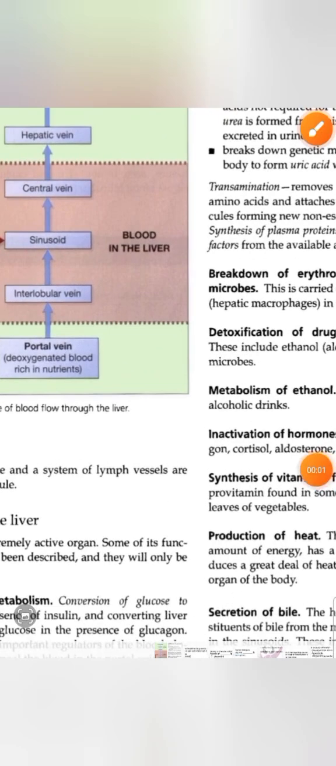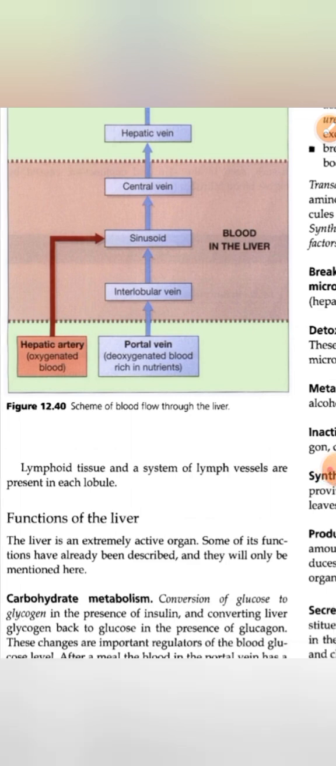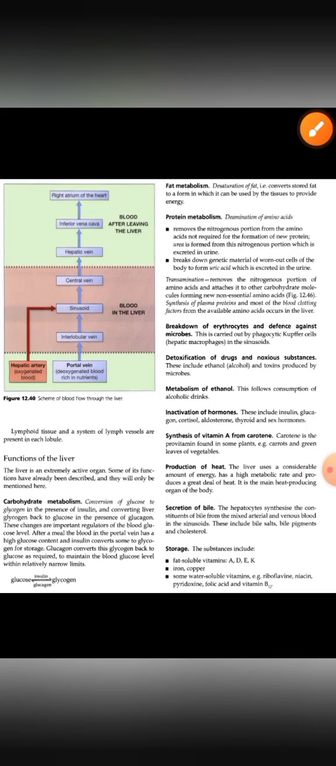See here, we can see functions of liver. In functions of liver, first one is carbohydrate metabolism. The liver helps in conversion of glucose to glycogen in the presence of insulin, and also converting liver glycogen back to glucose in the presence of glucagon. That is also one of the functions of liver. Carbohydrate metabolism. And the next function,